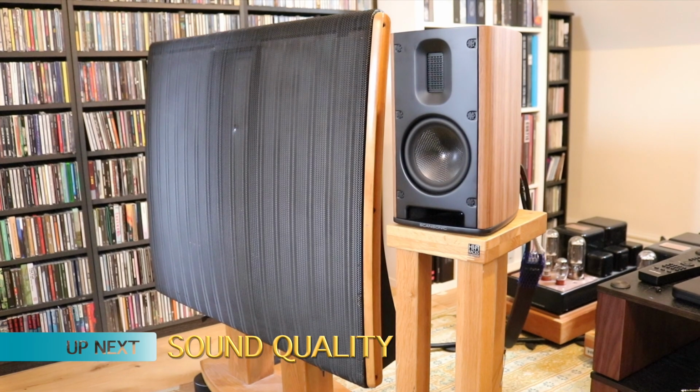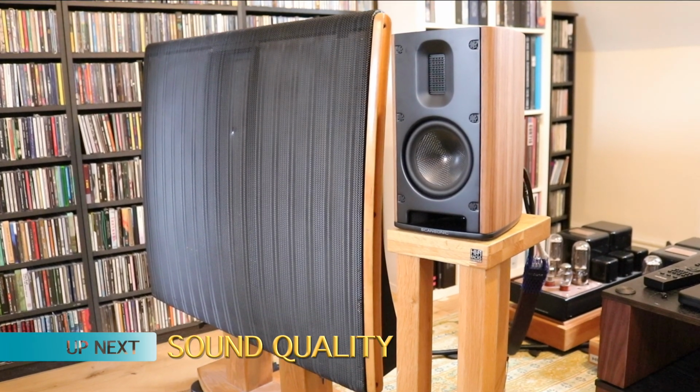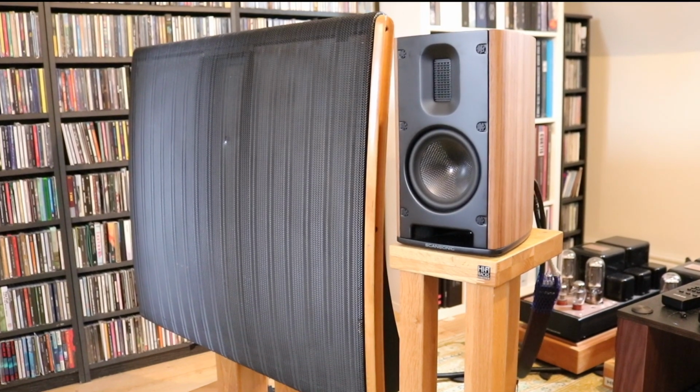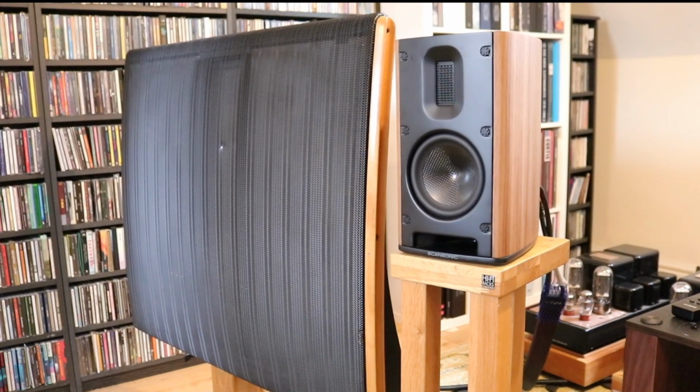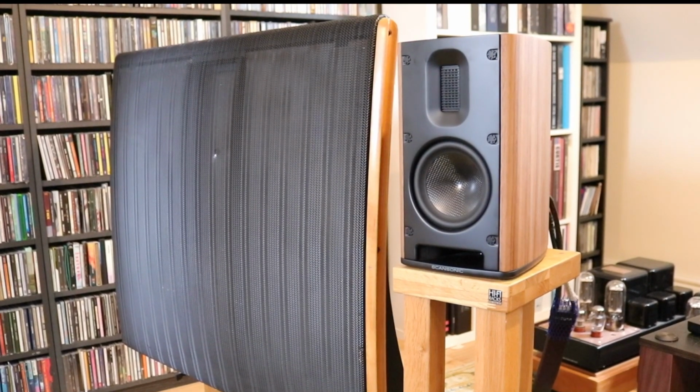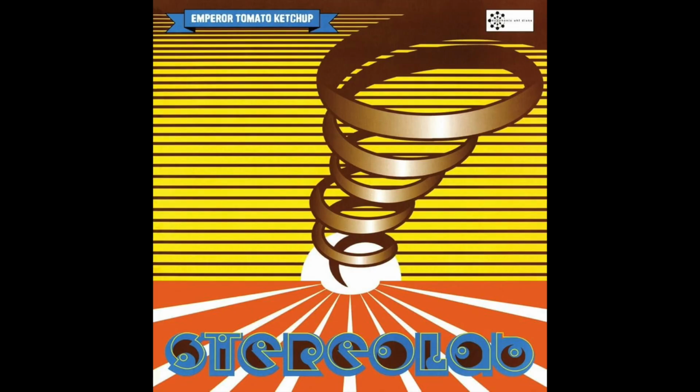Firstly, I wanted to change the tech, and I brought in my Quad 57 electrostatics with the One Thing panel upgrades, which, at least when I bought them, were of a similar price point. Although, I suspect they're probably a lot more nowadays. I first turned to CD and Stereolab, and the quite stunning LP Emperor Tomato Ketchup. And the track, is it Cybele? I think it might be Cybele's Reverie, which features some rather lovely vocal interplay, organ, percussion, electric and acoustic guitars,